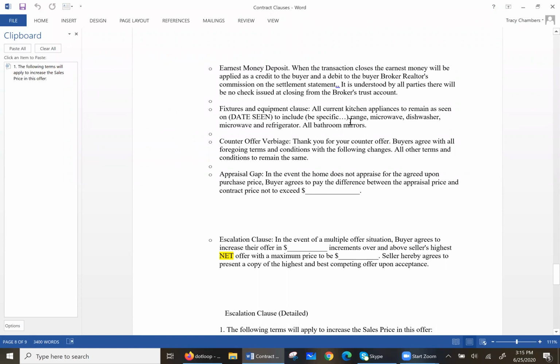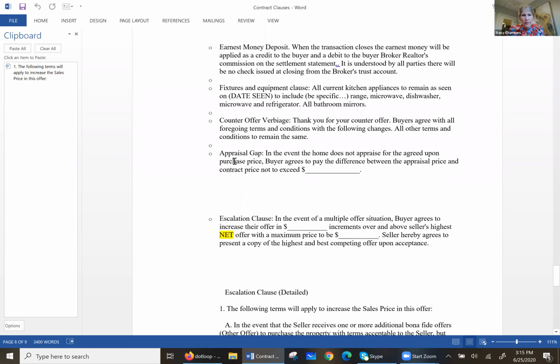Okay, we already did that. Appraisal gap. In the event the home does not appraise for the agreed upon price, buyers agree to pay the difference between the appraised price and the purchase contract, not to exceed a set amount. Okay, so